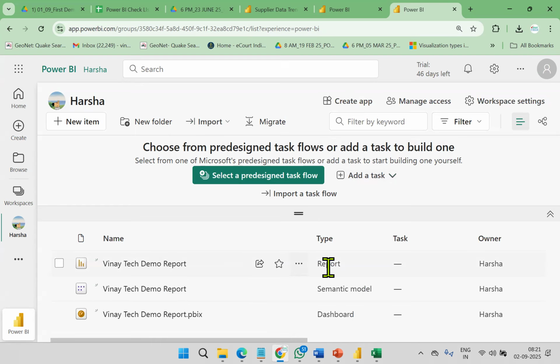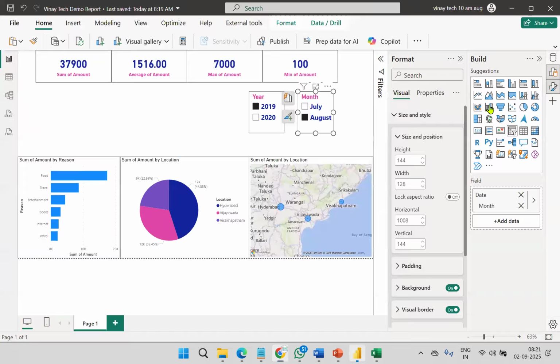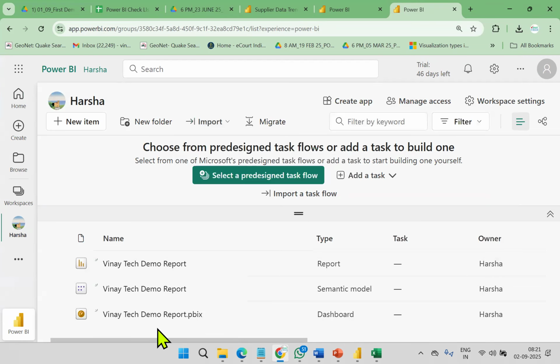So, demo report, data dashboard. Here there is only one, but when it comes to cloud, it is divided into 3 parts. If you don't learn cloud properly, your learning is very poor. Remember, if your trainer is not explaining cloud, your learning is poor, because from the cloud only we share. And at the cloud level, the report is divided into multiple parts.